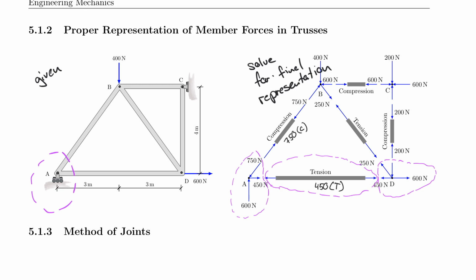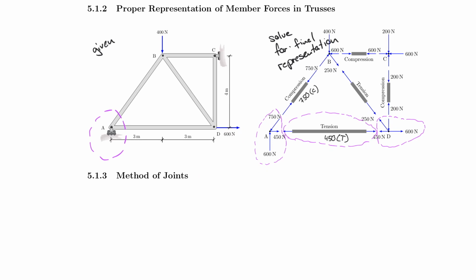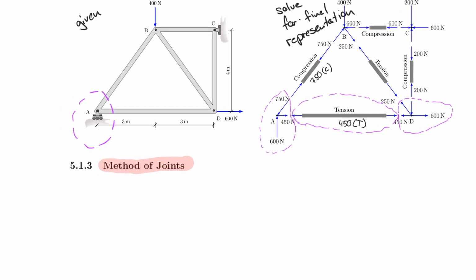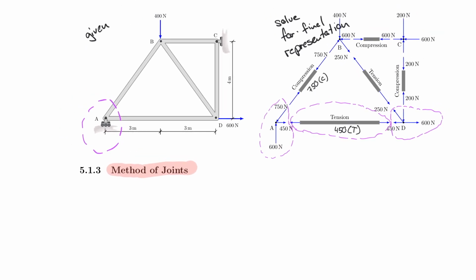Right, now that we know where we want to go, let's look at the actual process of the method of joints. So we're now dealing with the method of joints, and I'm just going to conceptually write down for you what you need to do. So in the very first step, you can see that in the picture on the left, there are no support reactions, but the very first thing you need to actually find your way around the structure is the external support reactions. So first thing